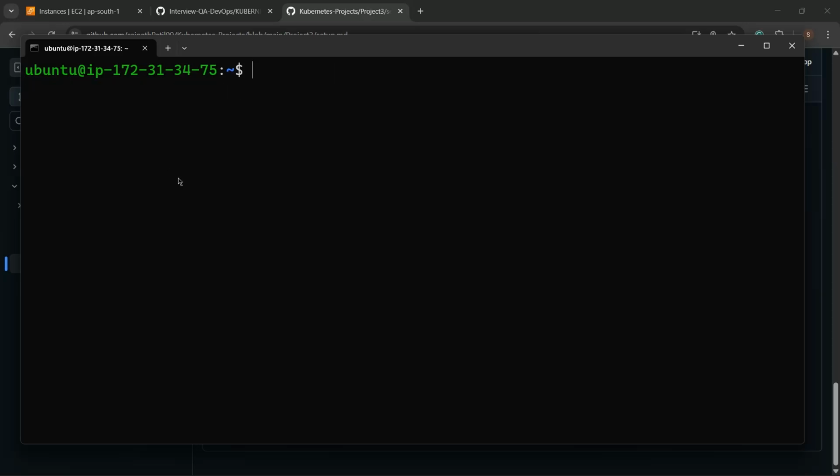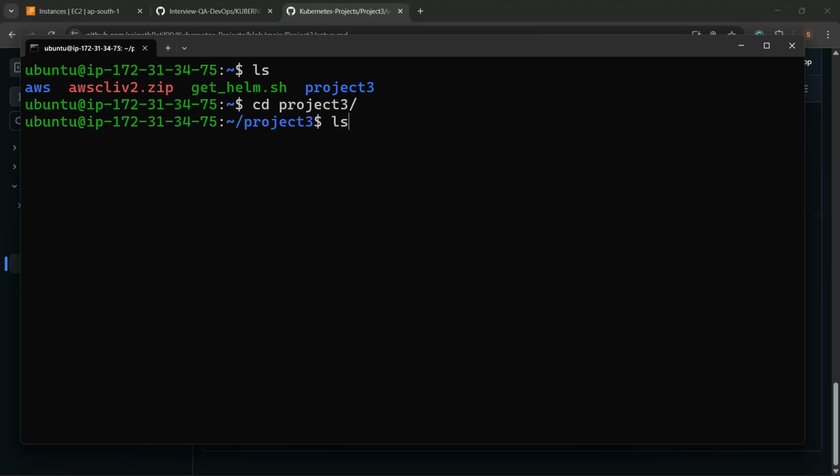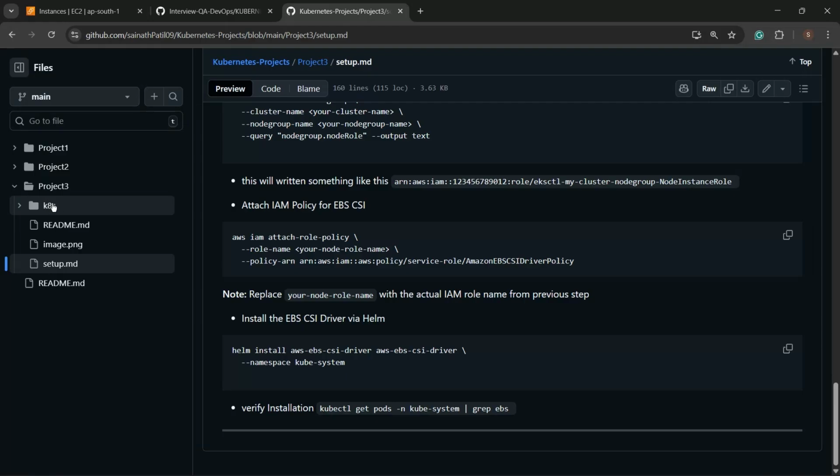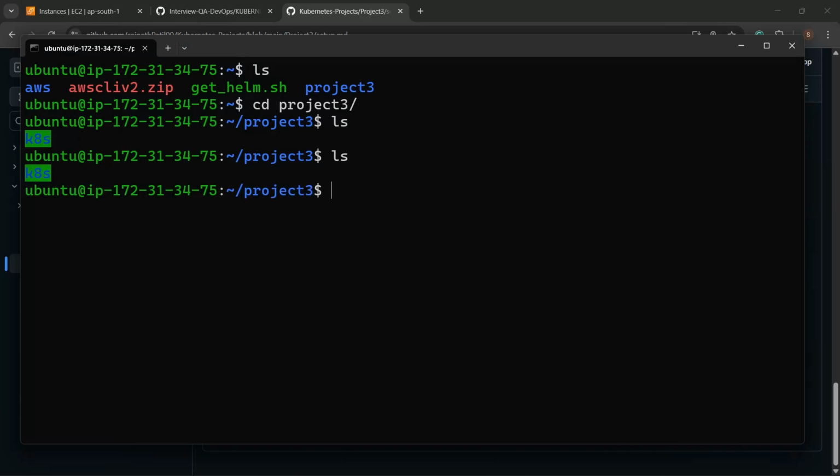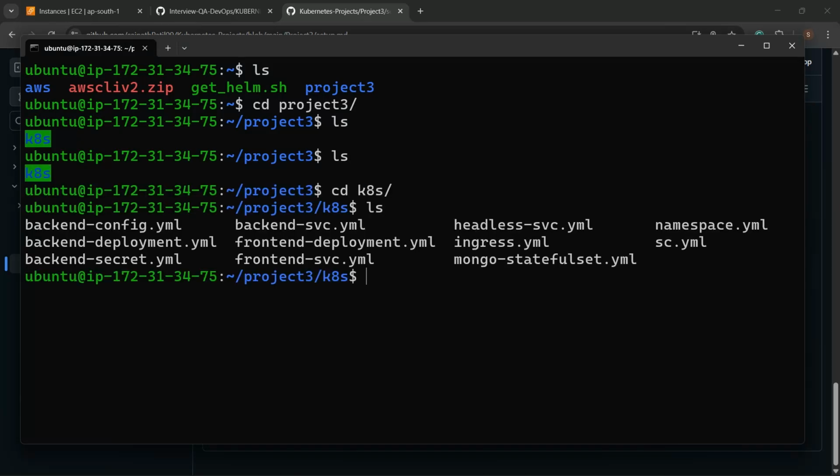So now what I have done is I have created this project 3 directory, and inside that I have this KTS folder. This KTS folder is same as this. I have copied this KTS folder to this server. Inside this KTS folder I have those all files. So what we will do is we will apply all these files one by one now,